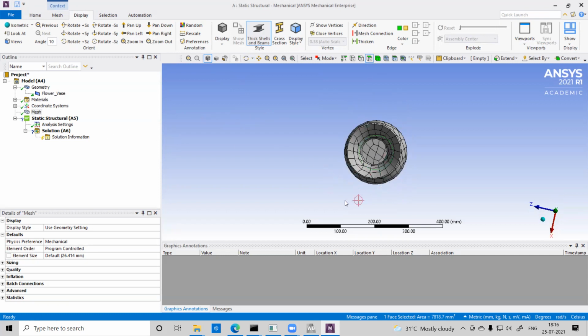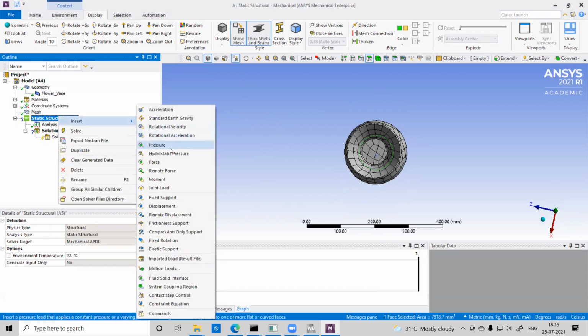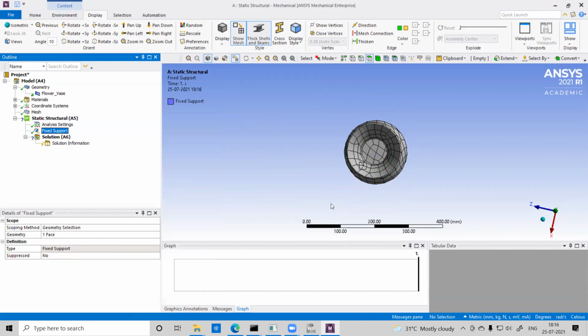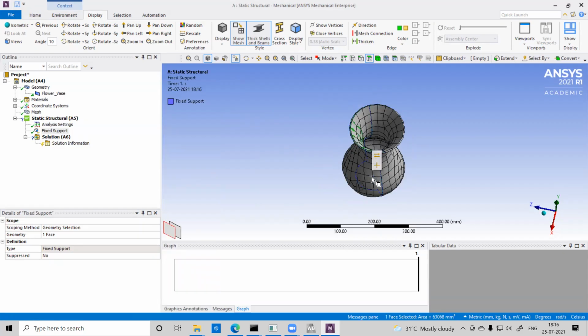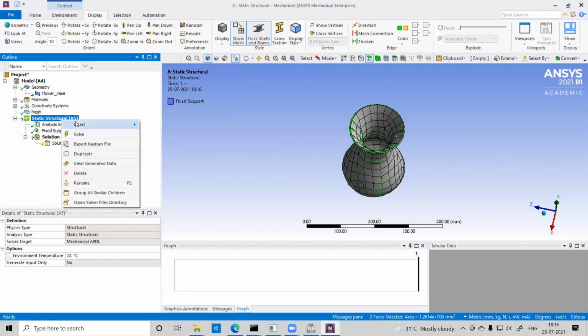So select this face, bottom face. Okay, face selection, bottom face, and insert fixed support. Okay, and also select this face, this one, and this face, two faces. These two faces, this face and this face, and insert